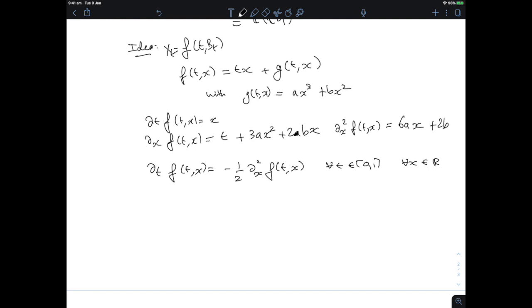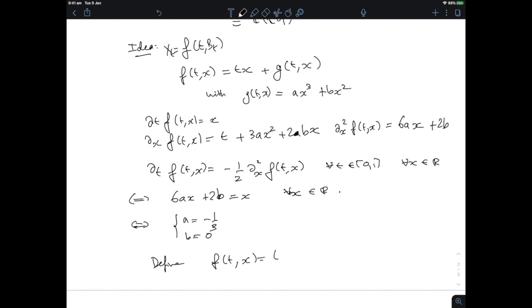So in order to satisfy this PDE, what do we need? Well, we need 6ax plus 2b to be equal to x for all x in R, and this is possible by choosing a equal to -1/3 and b equal to 0. So if you define now f(t,x) to be tx minus x cubed over 3 for all t and for all x,